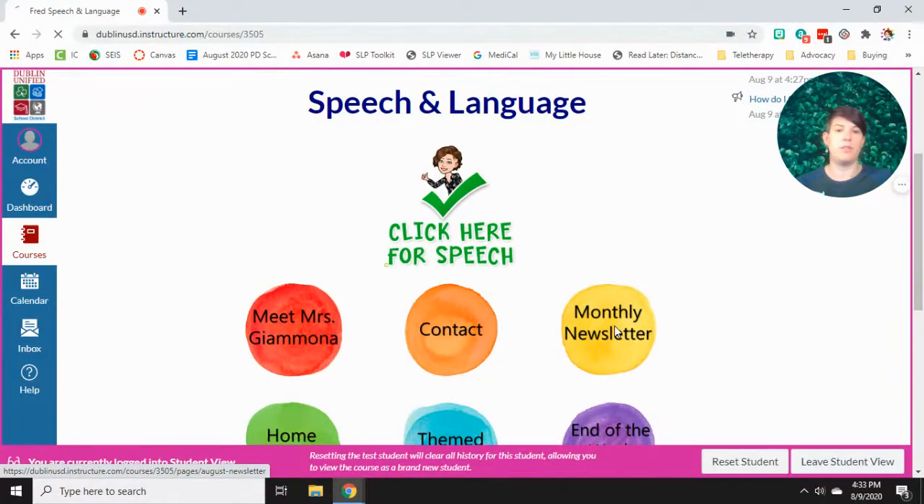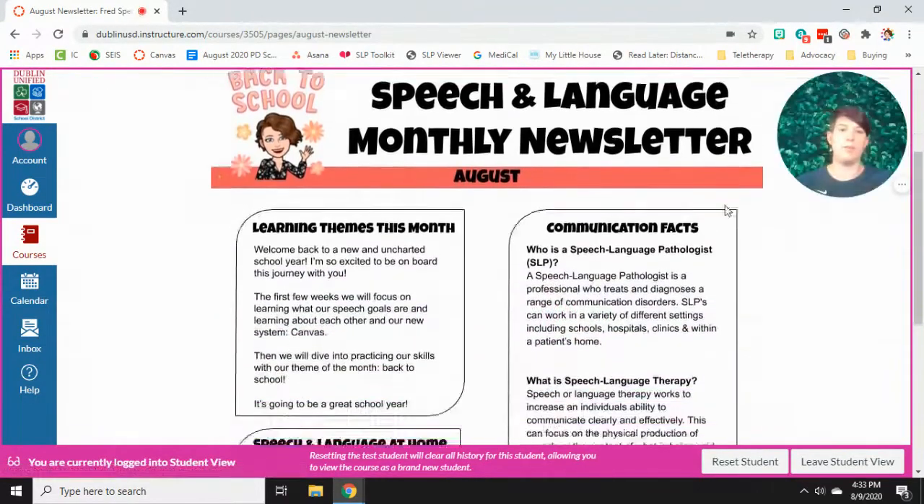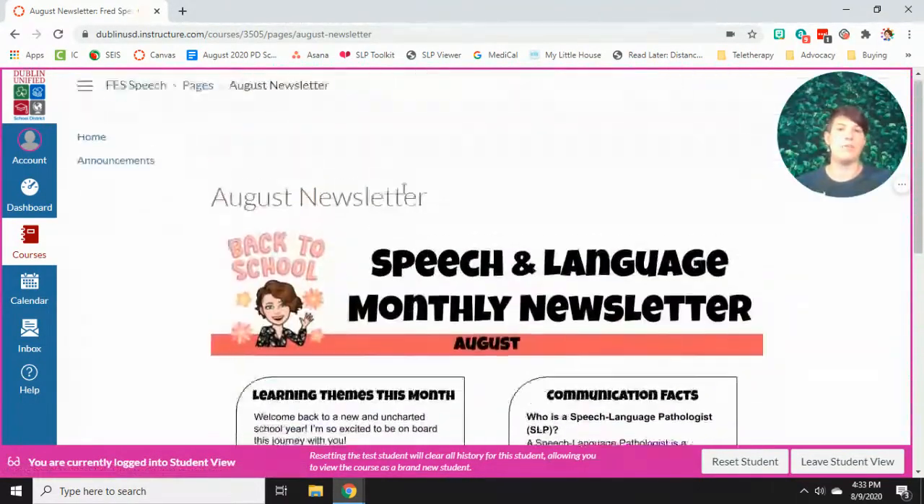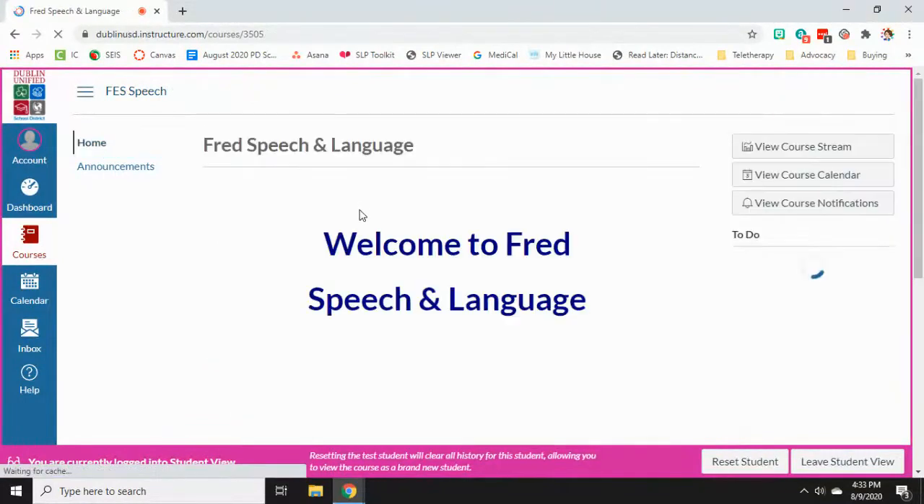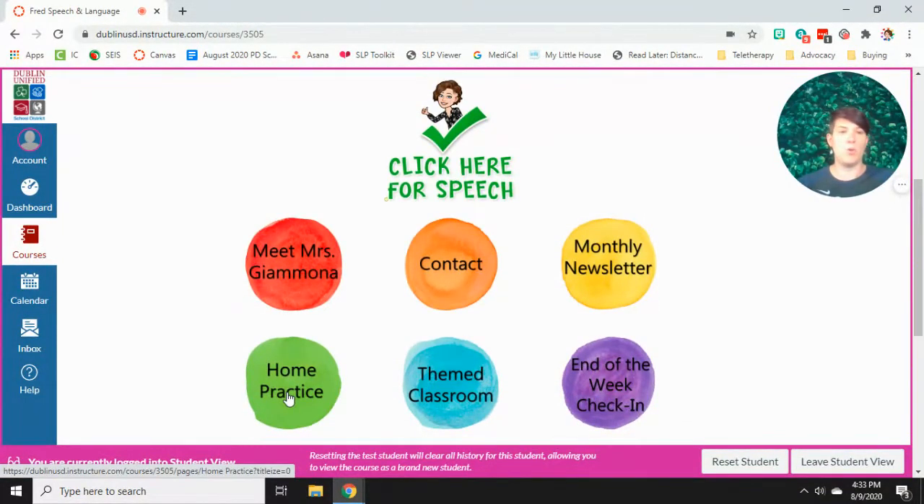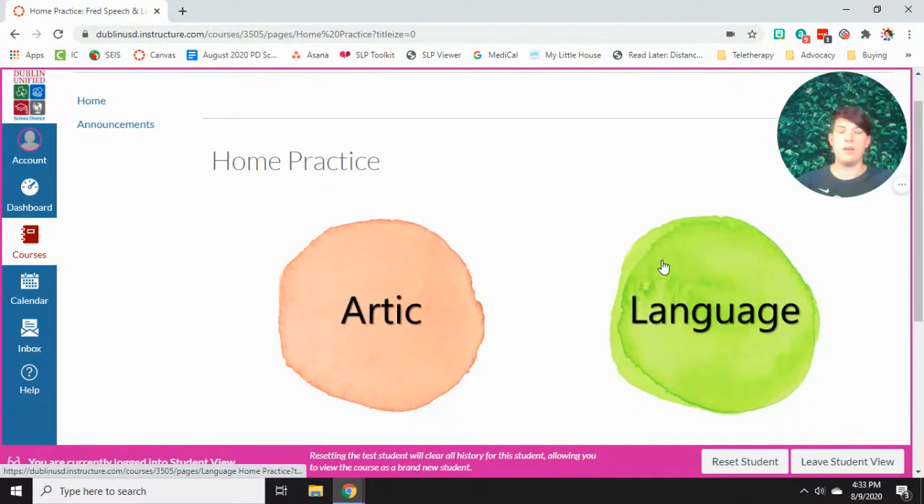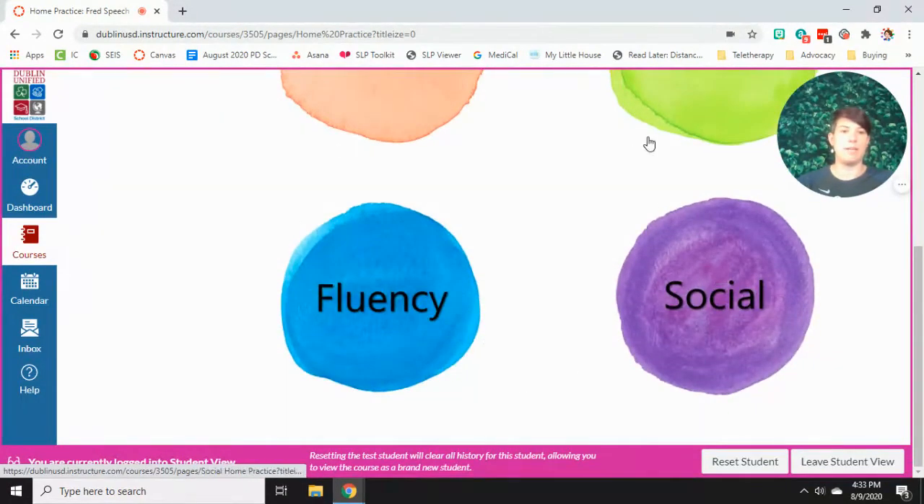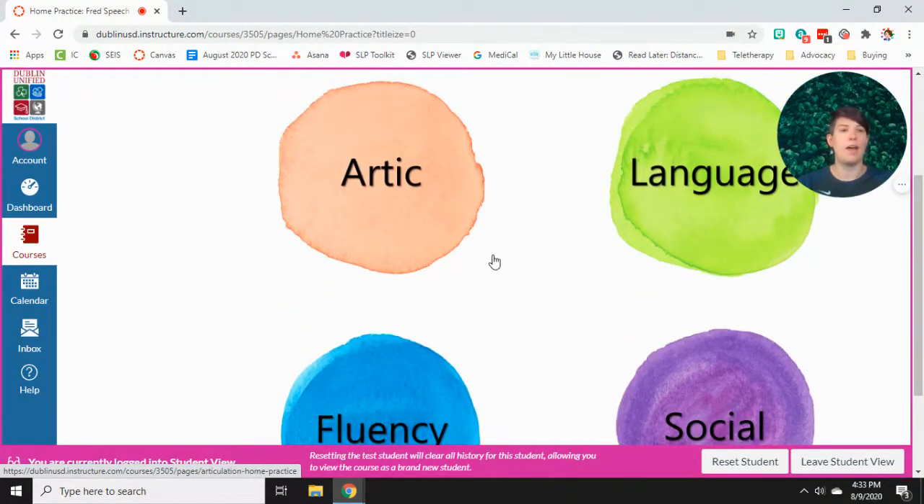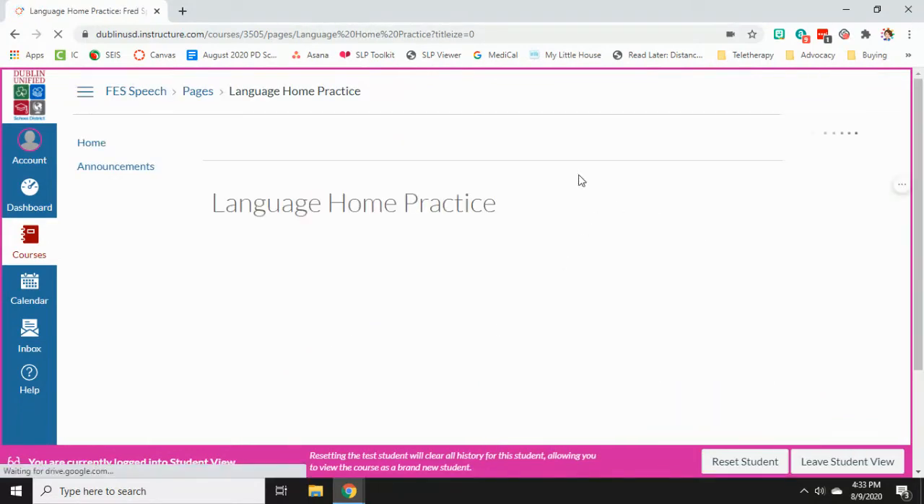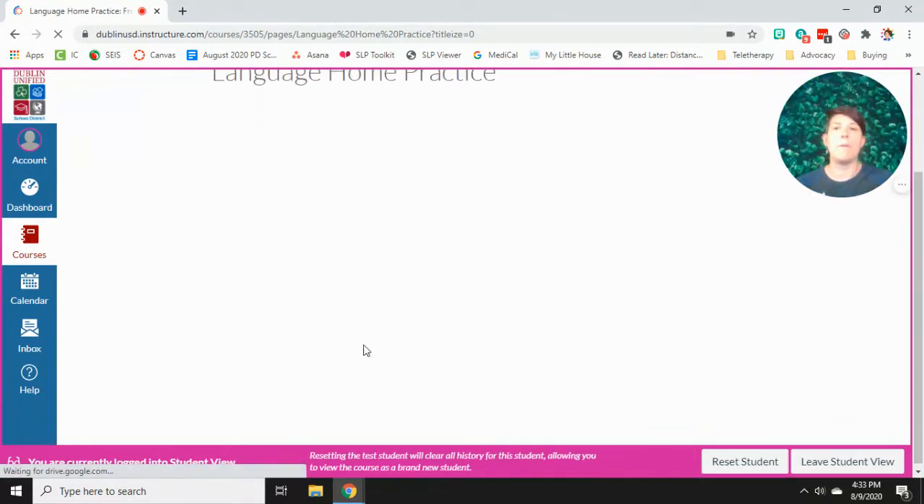If we go to monthly newsletter, I've uploaded a picture of our typical newsletter that links them there. If we go to home practice, it leads them to four different buttons. I'll show you later, but the students all know that their goals are coded as one of these kinds of goals. So for example, for our language goals, we'll click that and then it leads to a PDF that